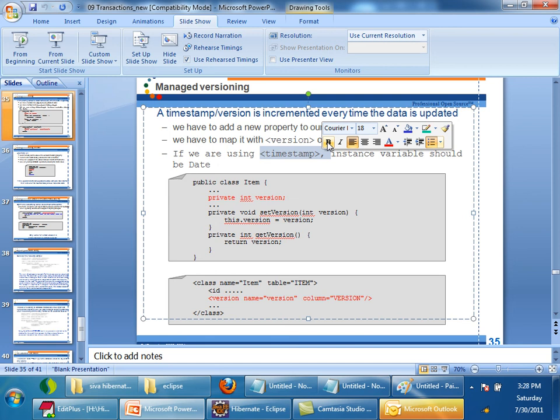Or if your application has a requirement which says that I want to know how many times this row has been updated, then it is better to use versioning. Version is incremented every time you update, right? So according to your application, you can choose either versioning or timestamp for optimistic concurrency control. Okay? Any doubts? Next,